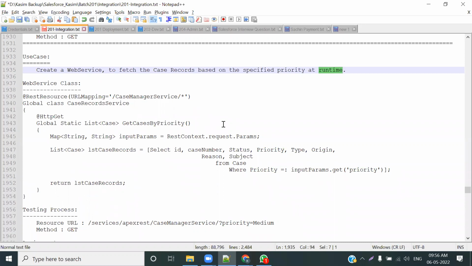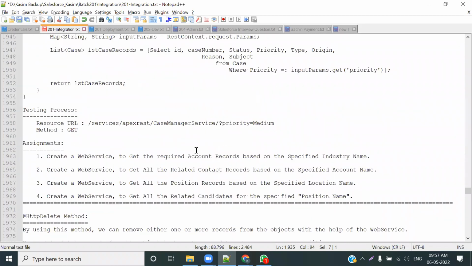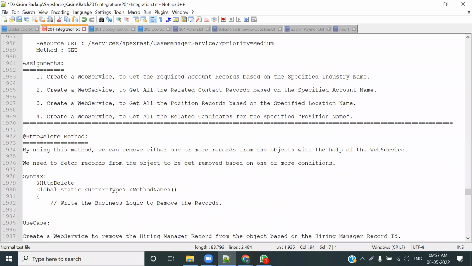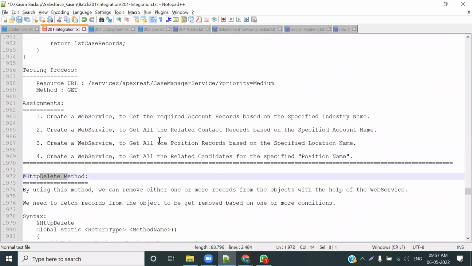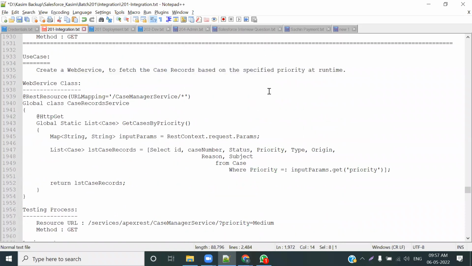ठीक है, चलो, this is one of the programs, ये भी निपटा लेते हैं, because इसके बाद में फिर मैं दूसरी methods पे चलता हूँ, जैसे delete और post, for that we could start it by tomorrow. ठीक है, चलो ये एक और प्रोग्राम है, ये भी निपटा रहा हूँ।